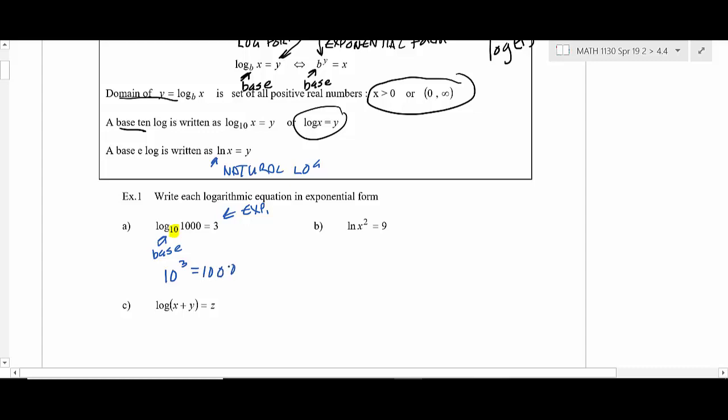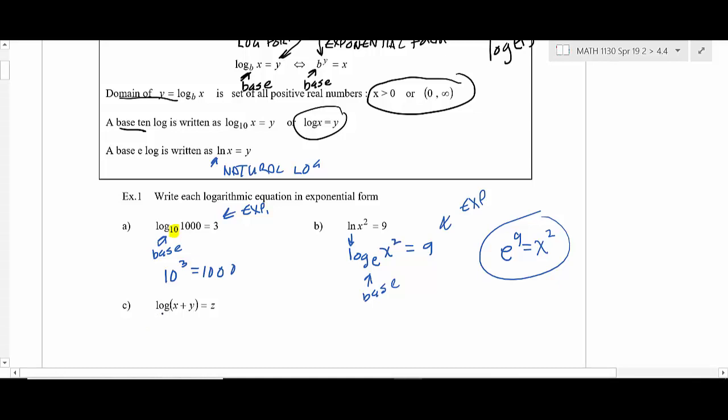So it means the same thing. If you're asked for a base 10 log of 1,000, it just means what power of 10 is 1,000. Okay, a logarithm is an exponent. Okay. Same thing on this one. Now this one, anytime you see ln, you need to understand that that's understood to be a base e logarithm like that. Okay. So then again, this is your base. That's your exponent. So when you write this down, you just say e to the 9th is equal to x to the 2nd. You're not solving that equation or anything. You're just rewriting that as a